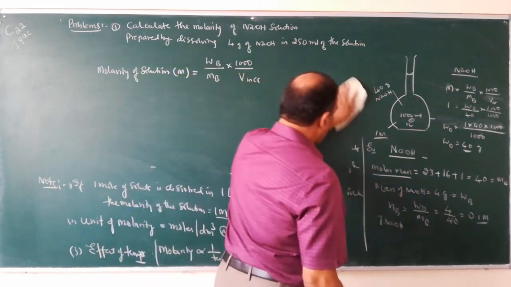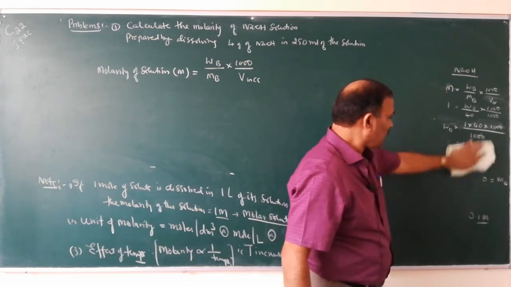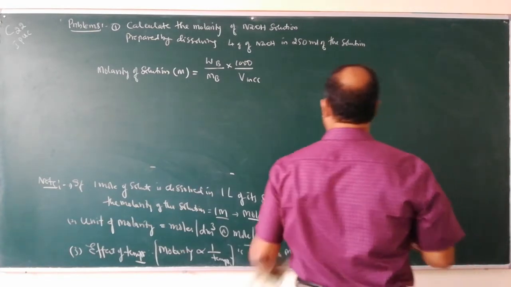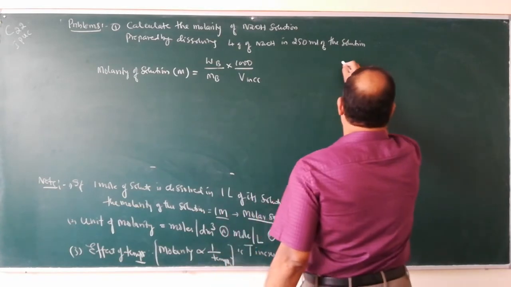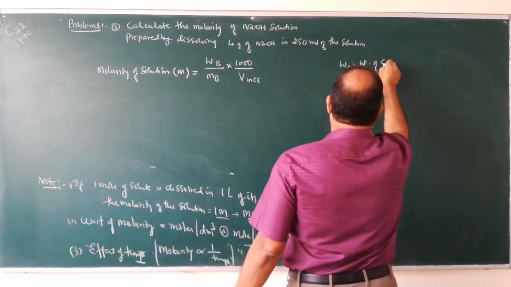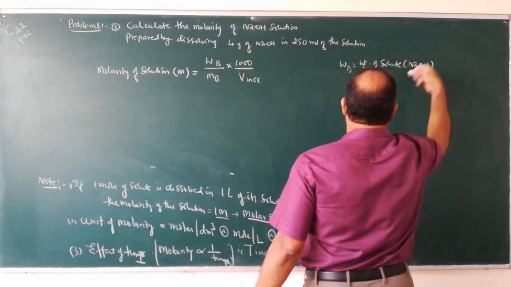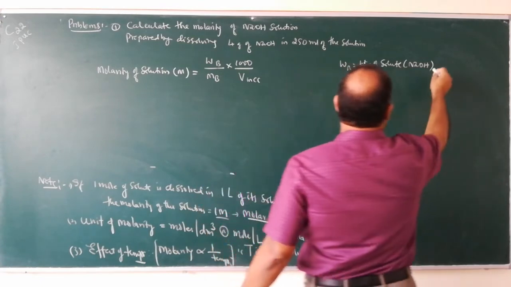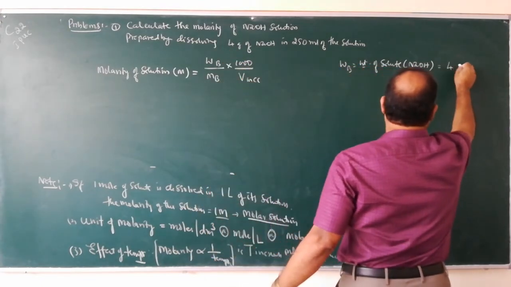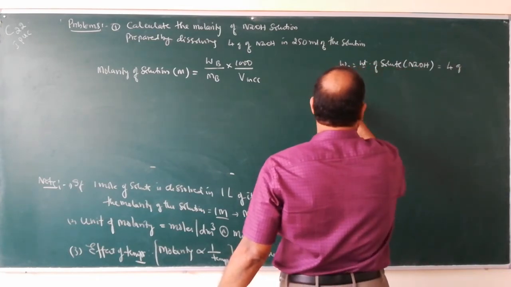So in this problem, which is the solute I have taken? Sodium hydroxide is the solute. So what is the weight of the solute? WB equals weight of solute. Solute here means sodium hydroxide. What is the weight of solute? 4 gram. Then MB is equal to